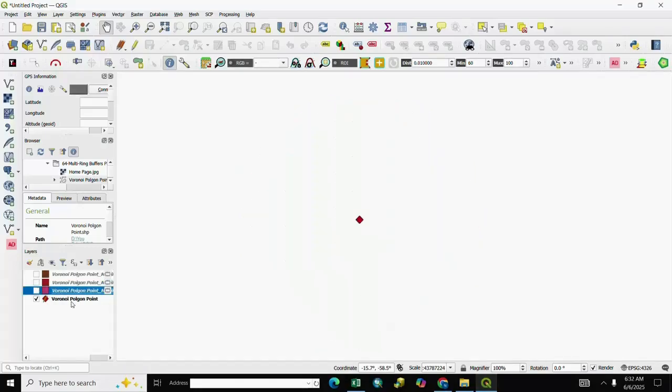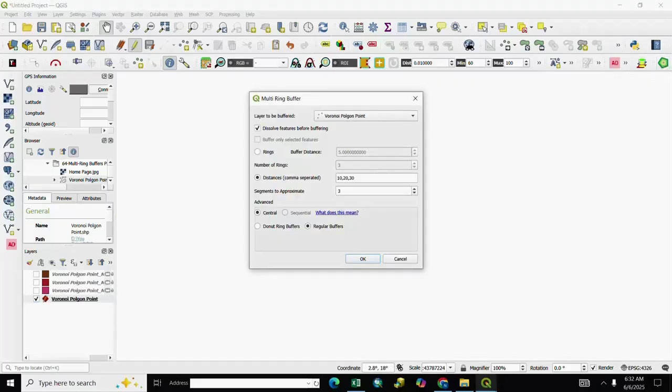After it, we go again to buffer and we select here rings and distance. We select here different distances: 30, 40, 20, 5 and 10.